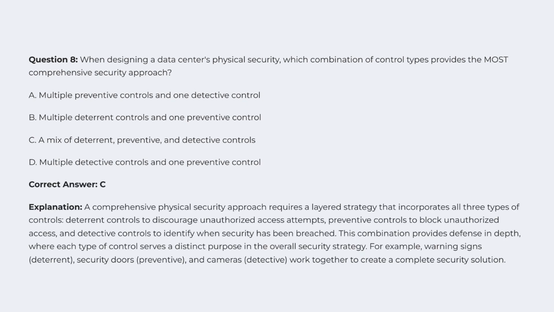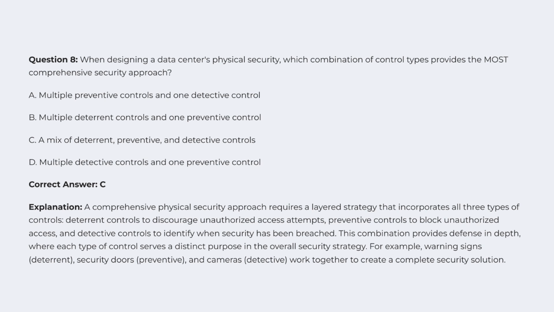Correct answer, C. Explanation: a comprehensive physical security approach requires a layered strategy that incorporates all three types of controls: deterrent controls to discourage unauthorized access attempts, preventive controls to block unauthorized access, and detective controls to identify when security has been breached. This combination provides defense in depth, where each type of control serves a distinct purpose in the overall security strategy. For example, warning signs (deterrent), security doors (preventive), and cameras (detective) work together to create a complete